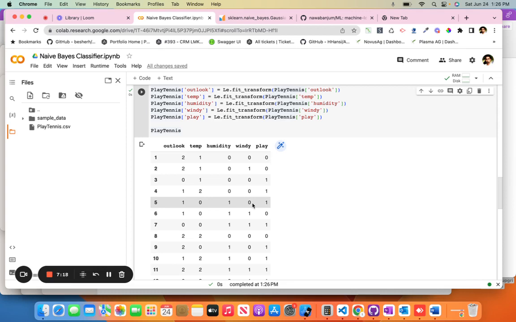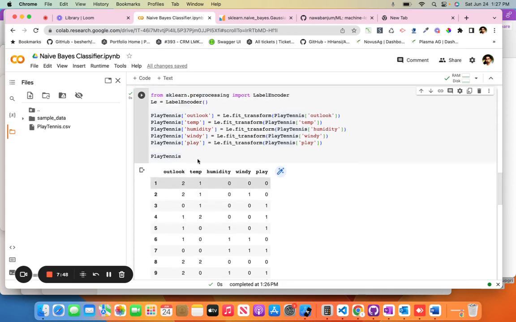Just consider, suppose we have a shirt size: large, small, and medium. Suppose we make small as 0, medium as 1, and large as 2. All right,